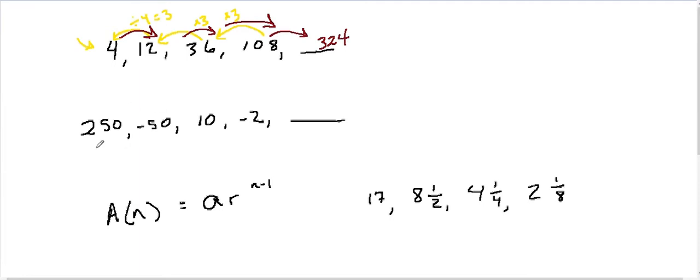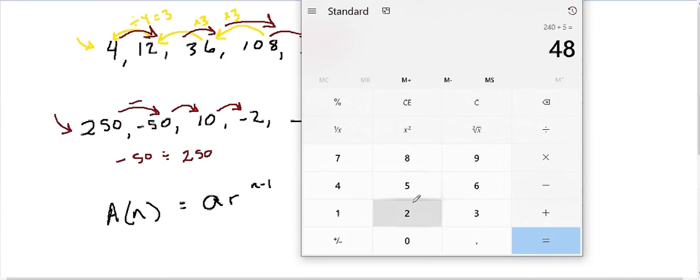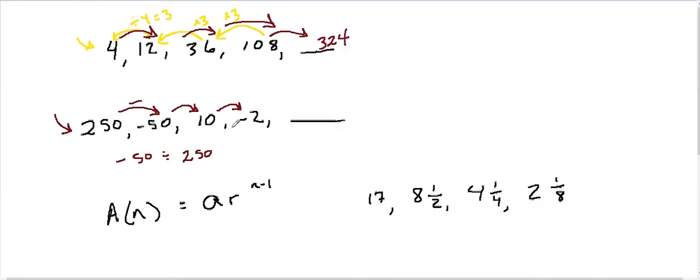If I was asked what's the common ratio here, you might be confused because it gets smaller, and then it gets bigger, and then it gets smaller. But let's just use the same format. Negative 50 divided by 250. What's this ratio? I could tell you what it is, but let's just do 50 divided by 250 and turn it negative. So 1/5, 0.2, 1/5,